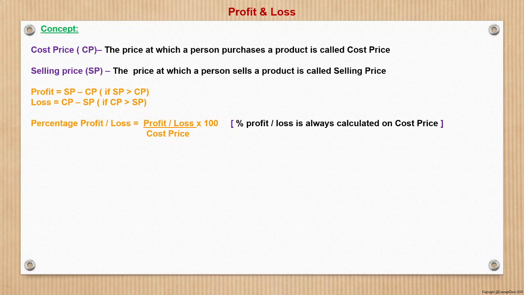Everyone would have learnt about profit and loss in their sixth or seventh standard. However, a few basic terms which are generally used: first is the cost price. Cost price is the price at which a person purchases a product from a shop, say. So that is called a cost price. Then selling price is the price at which a person sells a product. Suppose a retailer is selling a product to someone. If we are talking in terms of a retailer, the cost price for a retailer would be the price at which the retailer buys from, say, a trader or a wholesaler, and the selling price for a retailer will be the price at which the retailer, the shop, is selling to a customer, right?